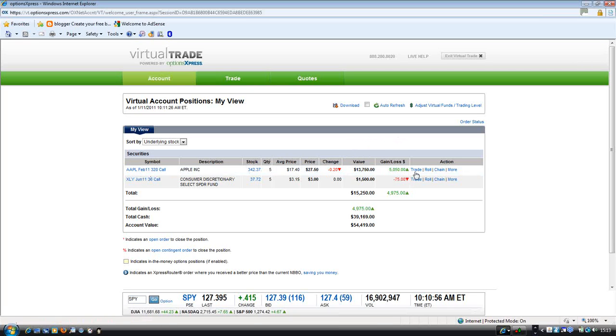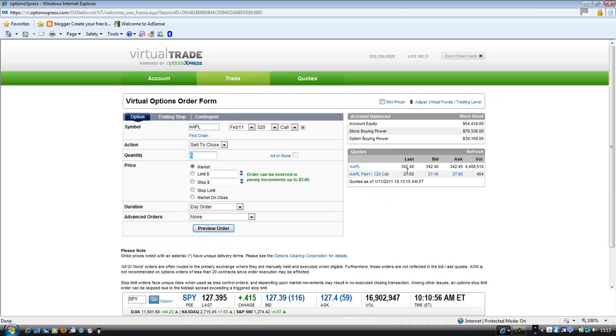So to do that, you click on trade. Like I said, the trade has to be live before you can do that. So you click on trade, and then you can see here sell to close. Make sure you select the option sell to close, because there are different options there: buy to open, buy to close, sell to open, sell to close. They all have different meanings and different implications on your trade. So if you're trying to place your stop and limits on your options trading, you select sell to close. You buy to open your options trade, and then you sell to close your options trade. So sell to close,